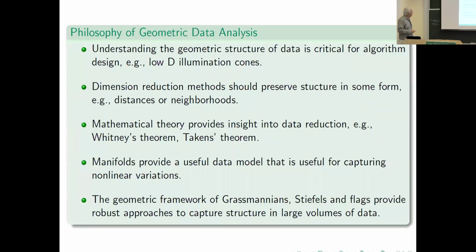There we go. So we have geometric structure in data. We discovered this, like a lot of you, through actually looking at data sets. One of the data sets that hit us over the head with the message that if you ignore the data structure, you're not going to get anywhere with the analysis is illumination. If I look at a given person under all possible variations of illumination, what you get is a 10-dimensional convex cone.